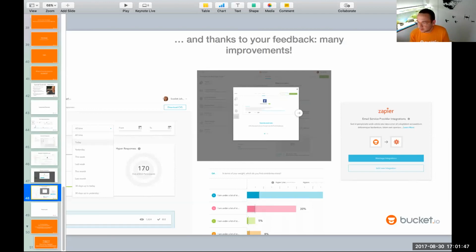Another nice thing we're adding to the app is that there are some sections in Bucket that have been kind of confusing. Like, for example, how do I integrate my Facebook pixel? How do I do my Zapier integrations? How do I do my